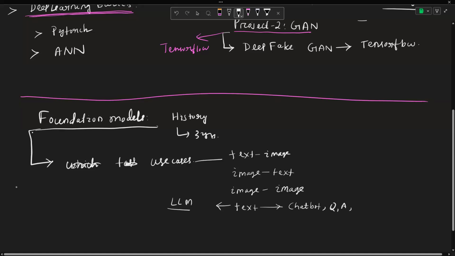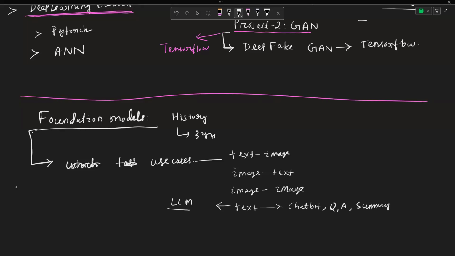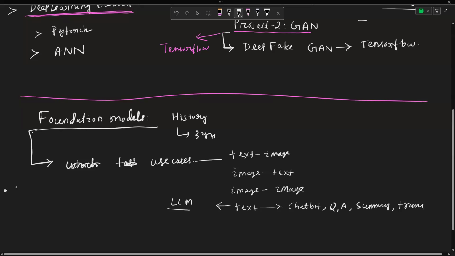Text summarization, summary of text you can do, translation, machine translation you can do, social media, YouTube, all of these posts you can create, like content generation, code completion, fill in the blanks, a lot of things. So the use case module will tell you around 30 to 40 different applications that you can build